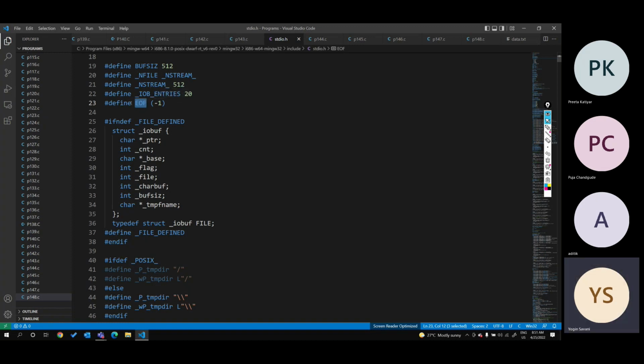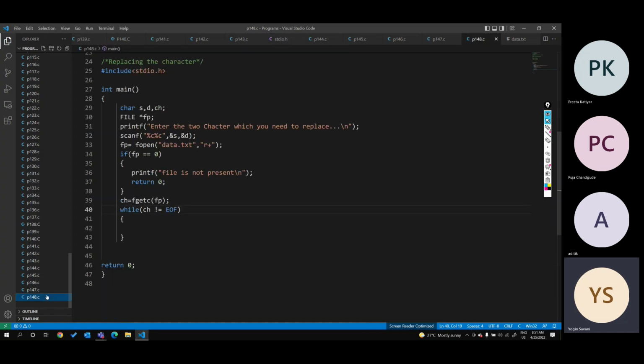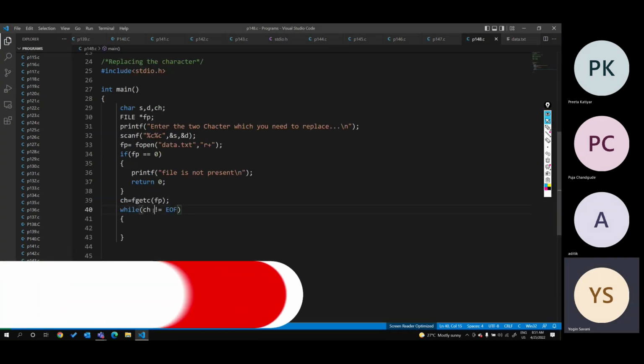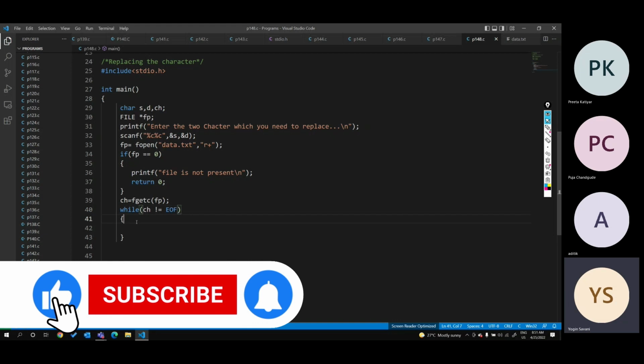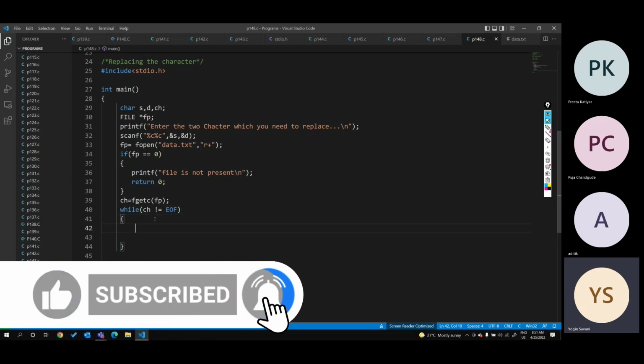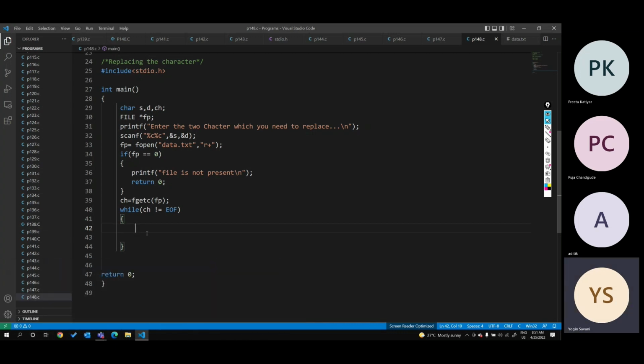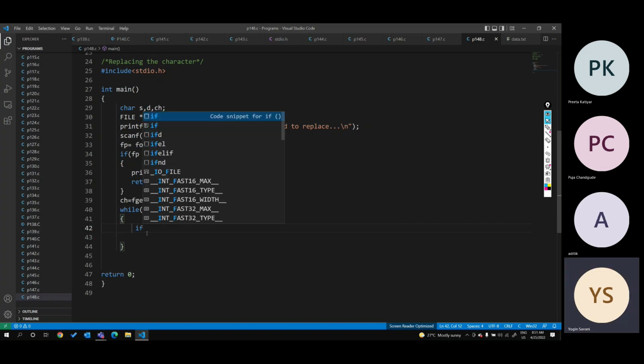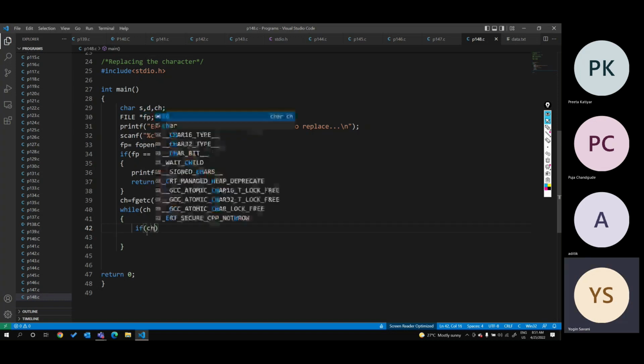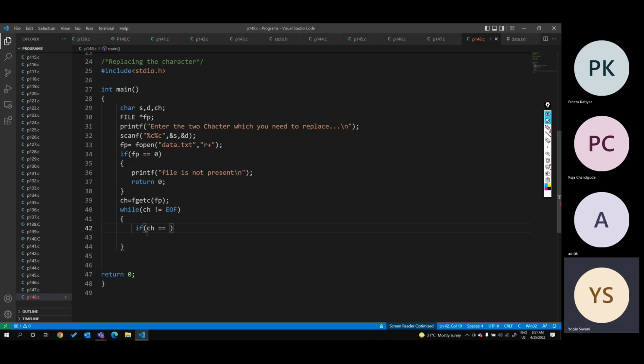What is #define? That we will see tomorrow in the preprocessor chapter. The #define is nothing but a macro you can create, and whatever name you take will be replaced with that value. So while ch is not equal to end of the file, and at that time, if my ch is equal to s,